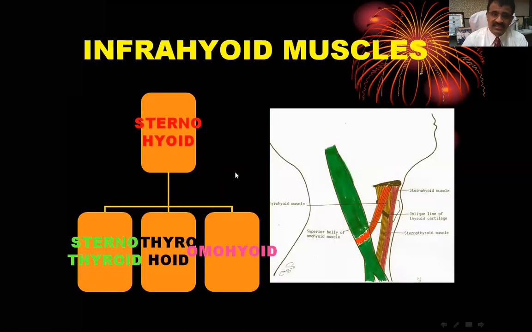Now we have to understand the group of muscles, infrahyoid and suprahyoid muscle. Infrahyoid means below the hyoid. Okay, so every muscle, if you see, it ends with hyoid. Okay, sternohyoid, thyrohyoid, omohyoid, and one muscle is sternothyroid. There is no hyoid here, but if you see that thyroid lies below the hyoid, so that is why this muscle comes in the group of infrahyoid muscles. Sometimes short note is asked on infrahyoid muscle.